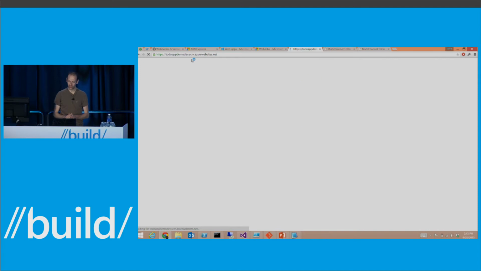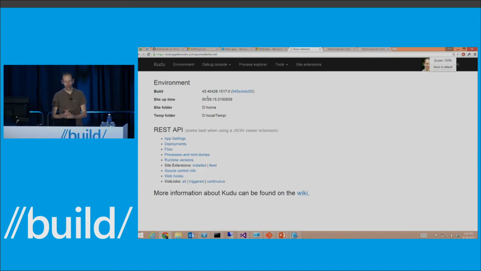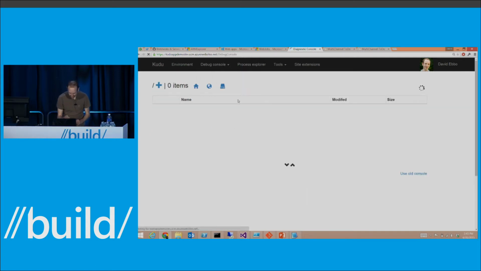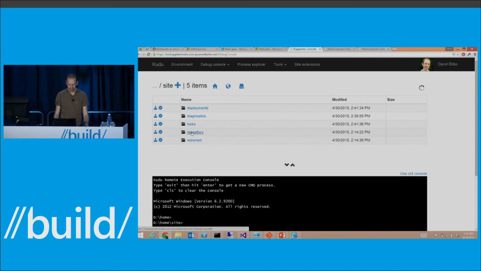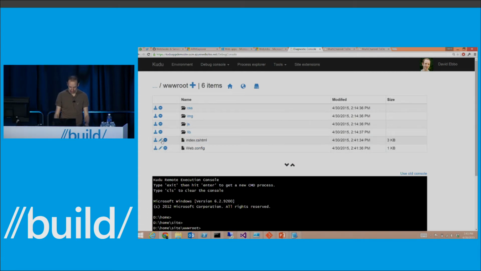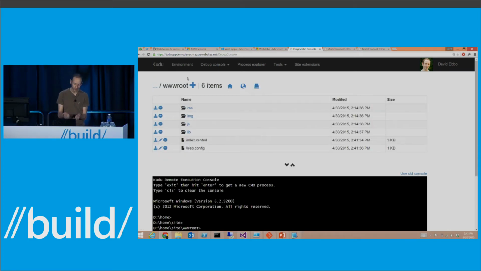is sort of the code name. And let me zoom in here. And what you can do from the Kudu site is a lot of things. We have this console. So in this particular case, I went into the dev site arbitrarily, but you would see something similar in all of them. And you can see your files. That's my wwwroot. We see my thing being deployed. We should see the last change that I made here. So there's a really rudimentary editor to make minor tweaks. You can also do